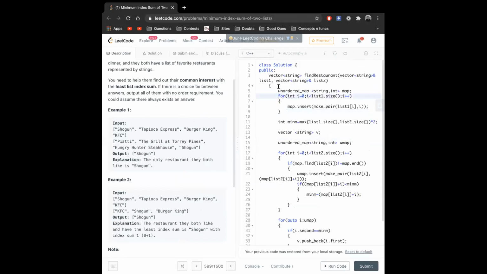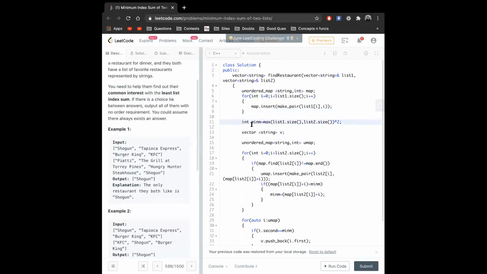I took this unordered map, one unordered map. I inserted three elements, and then basically I took minimum for this like int max thing. Instead of that, what I did, I took maximum of list 1 size or list 2 size into 2. I hope you got why I did this thing into 2. So you're using some max value. Yeah, that's fine. Then I took this vector v. Then I took this another map umap, and